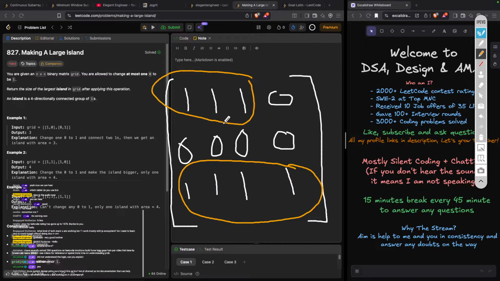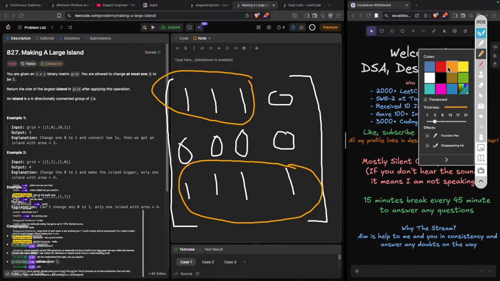Now they say that, okay, you can make one 0 a 1, right? So in this, I have a lot of options. So let's go through the options, right? What does this do? This does anything. What does this do? It's just a pointer. Do I have a highlighter also? This is an eraser. Okay, I don't have a highlighter. So now just think, be with me, okay? So let me change the color of this. This is the intuition color. See, you can change this one.